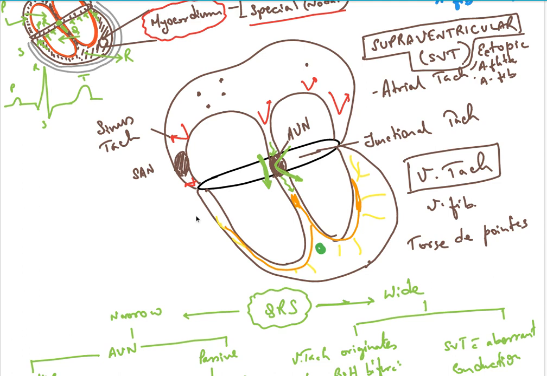Then there can be an ectopic tachycardia. Ectopic supraventricular tachycardia. What is ectopic thing? Ectopic means anything other than normal is called ectopic. Okay, anything other than normal is ectopic in any part of the body. We use this word. It is a very common word in medical science. Say for example, normally pregnancy occurs in the endometrium.